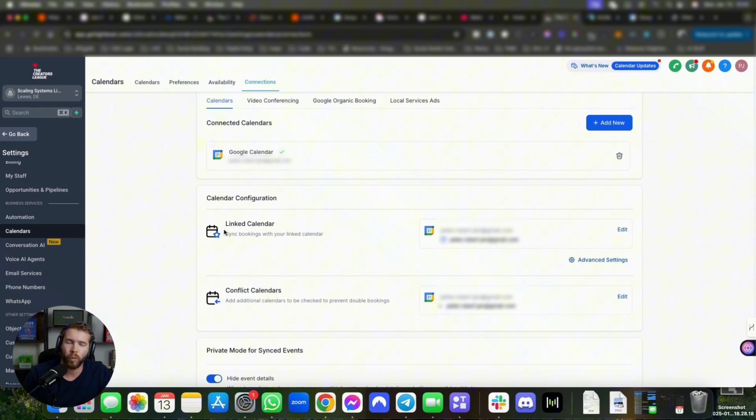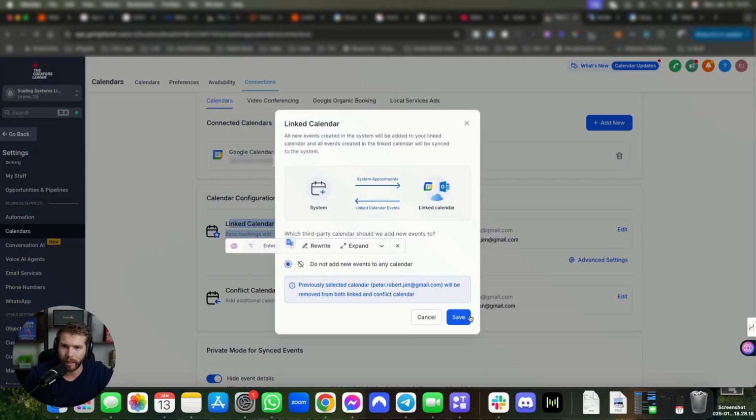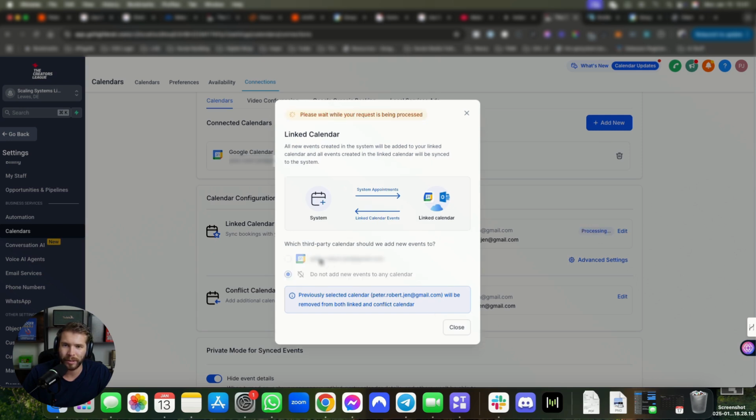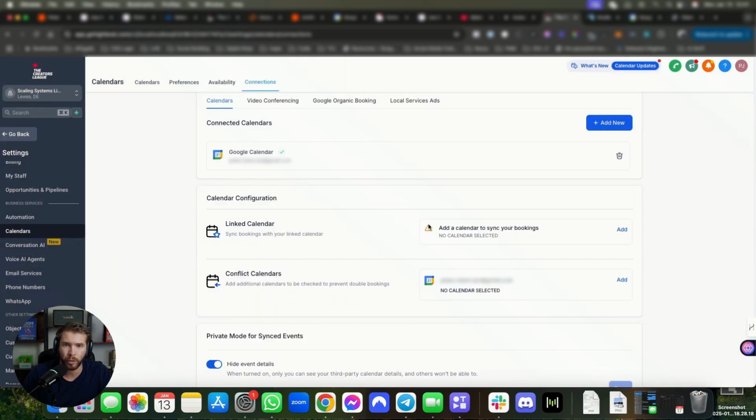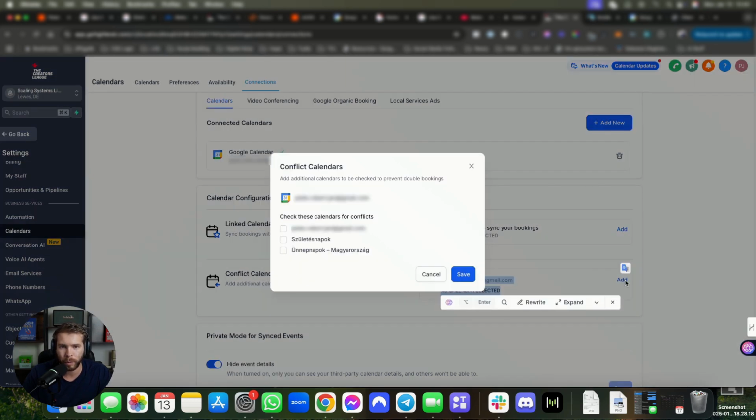Please note that when a new calendar is getting connected, generally the linked calendar is messed up. What I mean by that is it's not automatically selecting your calendar, but it does not add events to your calendar. This is what it generally selects by default when you are connecting a new calendar. So you should see this triangle with an exclamation mark. This one is generally setting up automatically, but let's see. Okay, well, it actually is not. So you gotta come here and select. This is basically